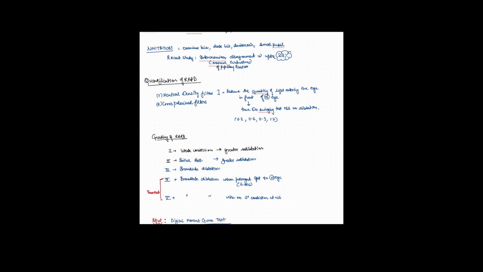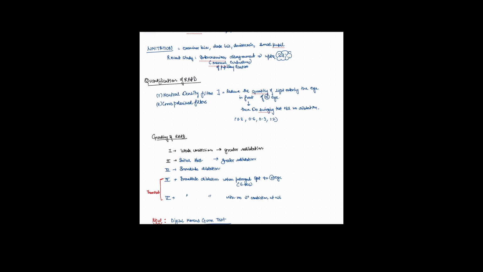So there is a test that is a quantification of RAPD. What can we do to quantify this? Right, this is so subjective, whether the pupil is dilating or constricting, what endpoint you're taking. So there are neutral density filters. This is also fairly subjective, but we can quantify it in 0.3 units, 0.6 units, 0.9 units, 1.2 units. Neutral density filters, what we do is basically in front of the normal eye, we put a density filter.